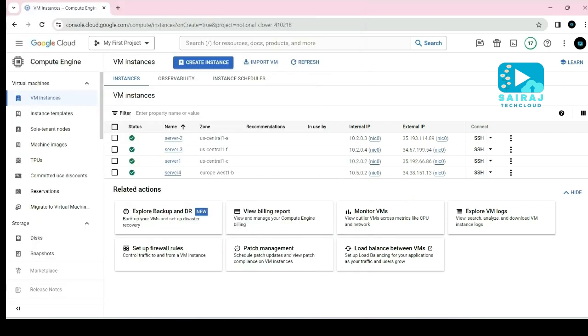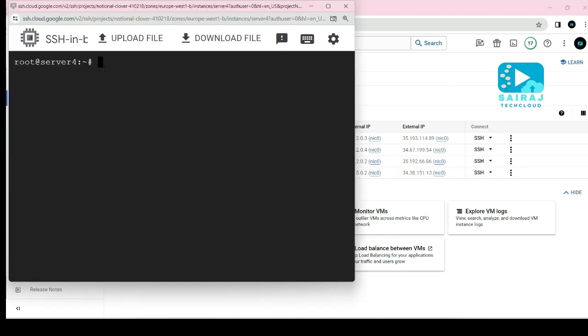Now first of all, I'll copy the internal IP from server 1. The internal IP is 10.2.0.2. Then I'll ping from server 4. This is server 4.